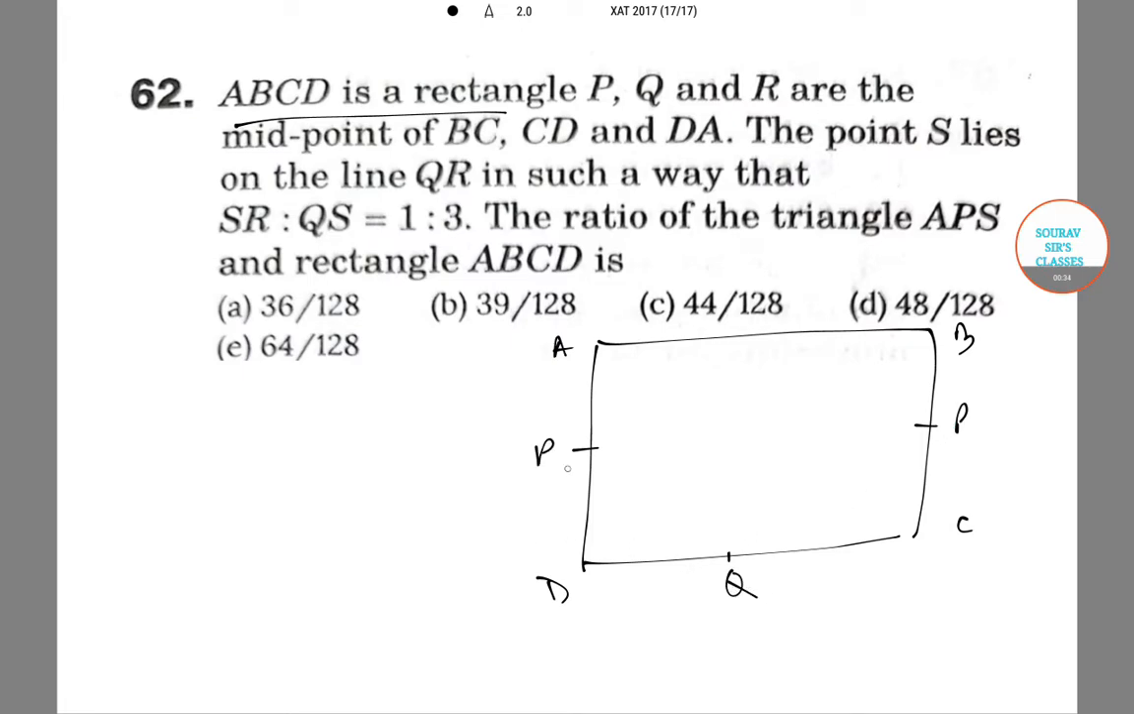Q and R. The point S lies on the line QR in such a way that SR is to QS is 1:3. So this would be closer to R, so this is S. The ratio of the triangle APS and the rectangle ABCD is, so the triangle APS